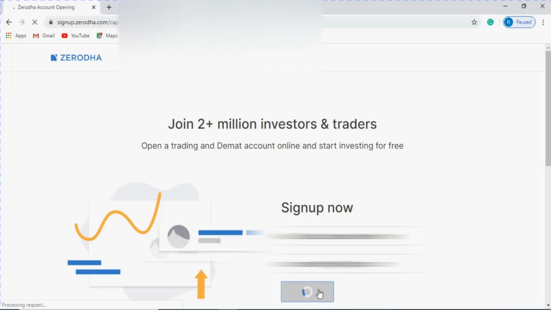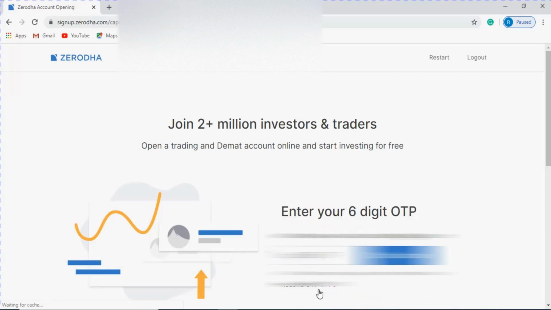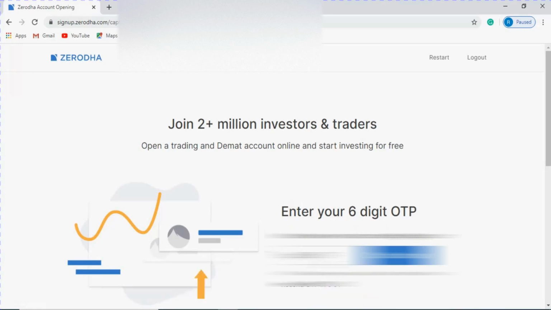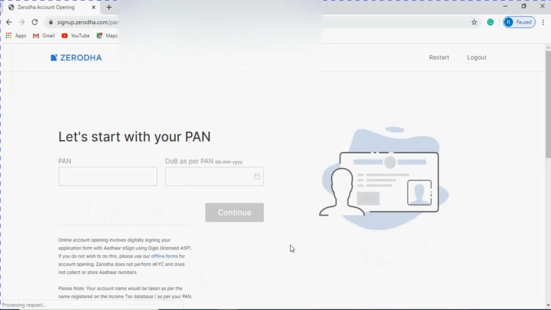On your email ID you will get a 6-digit OTP. So just enter that 6-digit OTP over here. I have entered the 6-digit OTP and I click on the continue button. On this page you have to enter your PAN number and date of birth.